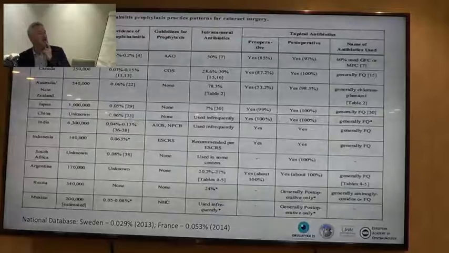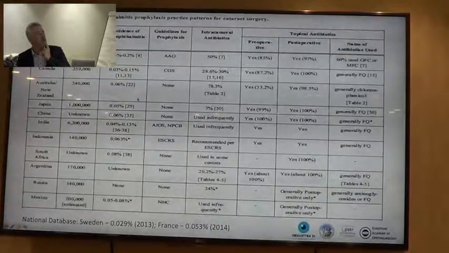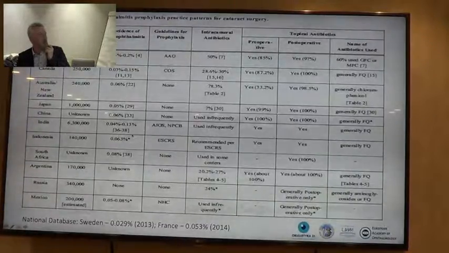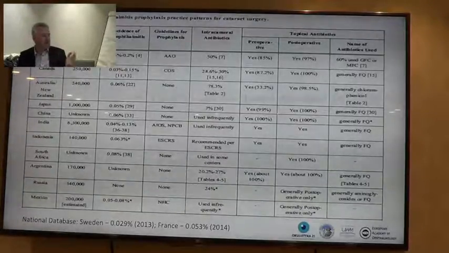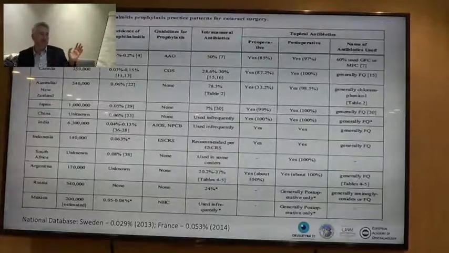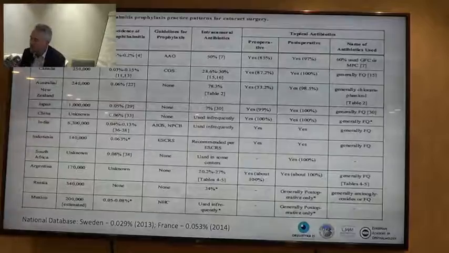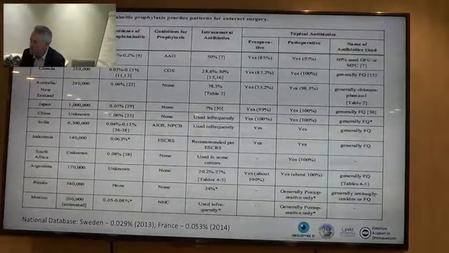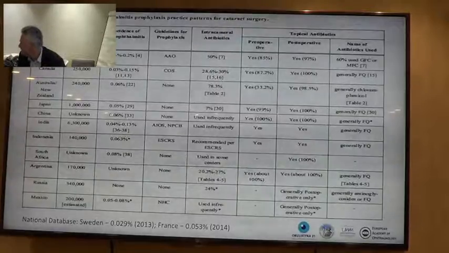And they don't use intracameral. Also in China, they don't use intracameral. In Canada, majority don't use intracameral. In India, so what we found is that the endophthalmitis rate was quite similar to the countries where they use intracameral. So there must be some other factors than only the use of intracameral or not using it. That is the major conclusion.